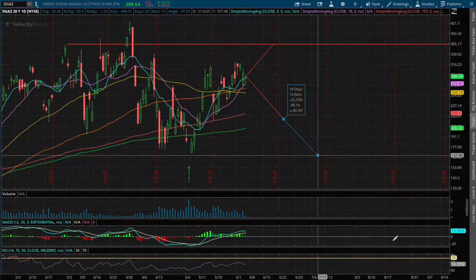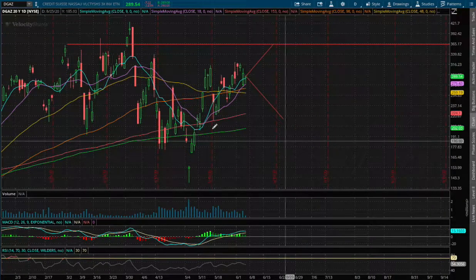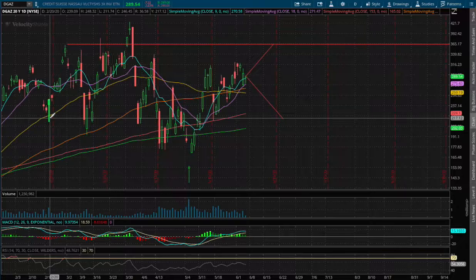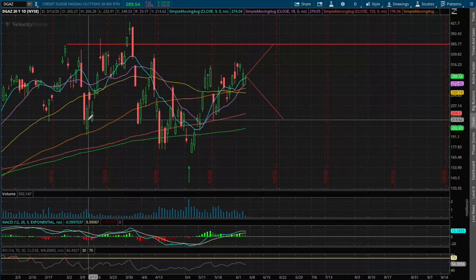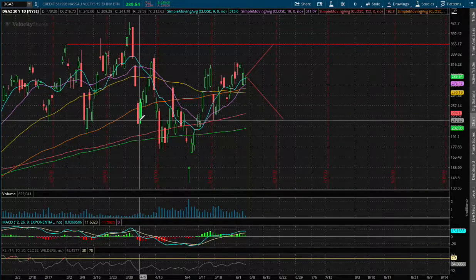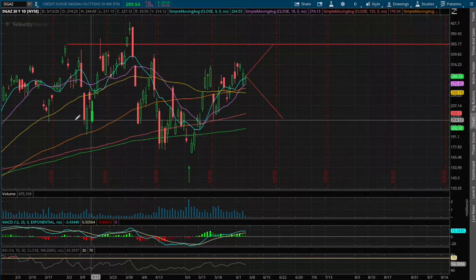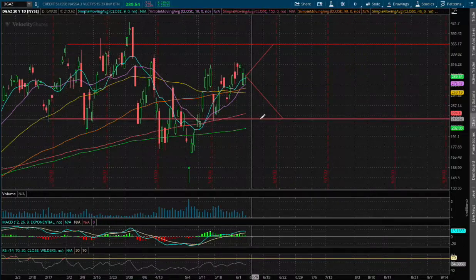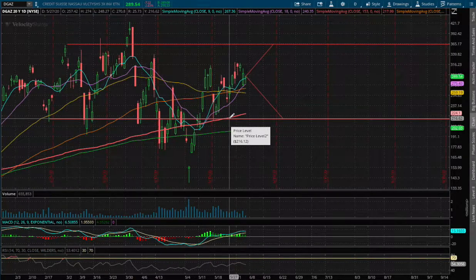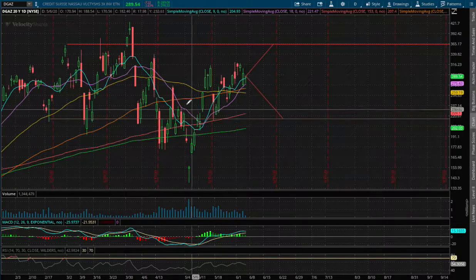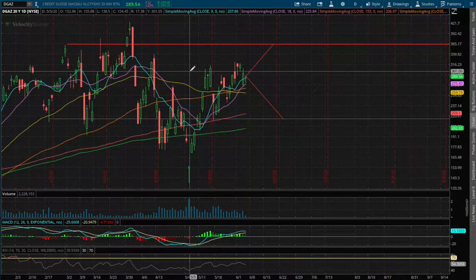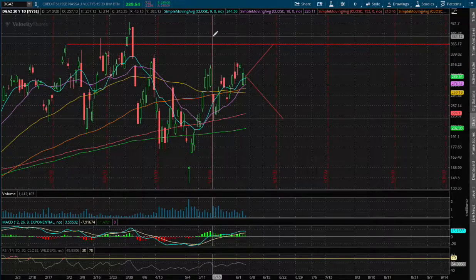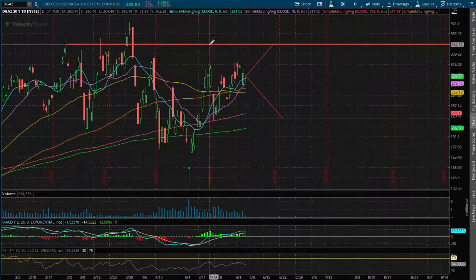$215.60. So around that range, we see previous support levels that even date back all the way to February 20th, as well as March 11th, and same as April 8th. So we see multi-month support around that range at around $216.60. So again, in this video, we went over UGAZ and DGAZ,